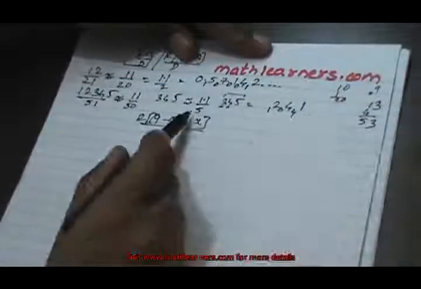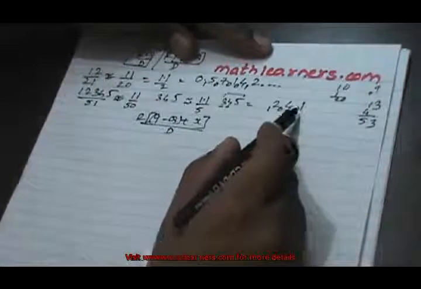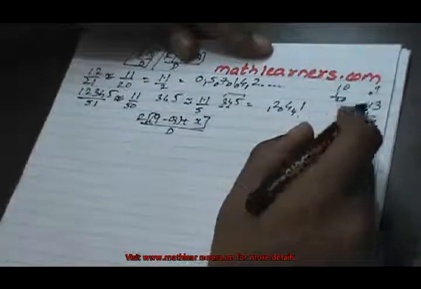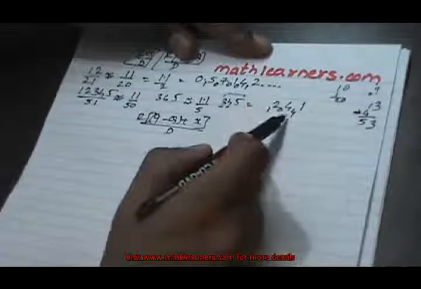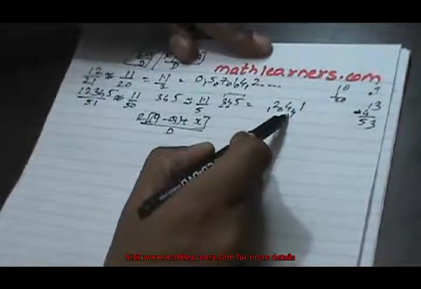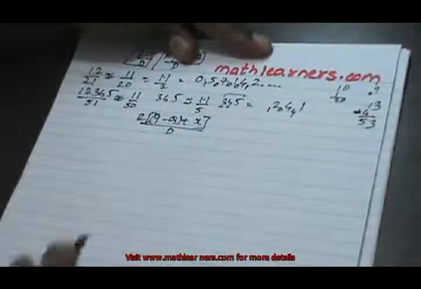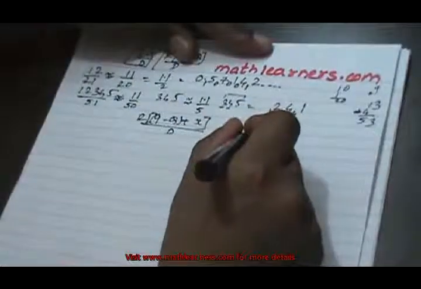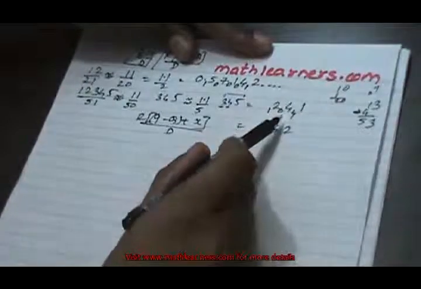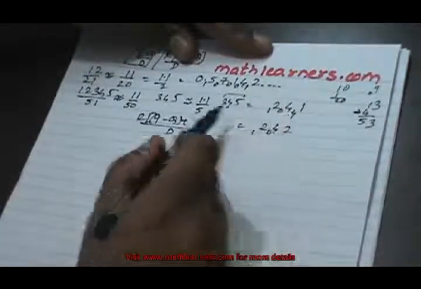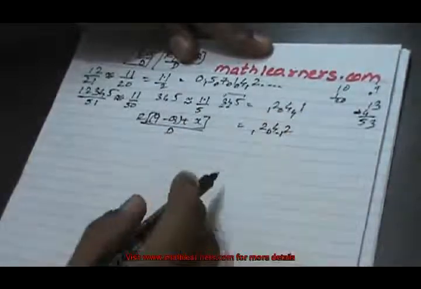Now this 134, if we divide by 5, we get quotient 10, and we do not want a quotient of 10. So what we'll have to do is reduce this 4, that is, we'll have to reduce the remainder. To reduce the remainder, we will have to increment the quotient. So the quotient is incremented to 2. From the remainder we will have to subtract the divisor. So 4 minus 5 gives us minus 1.